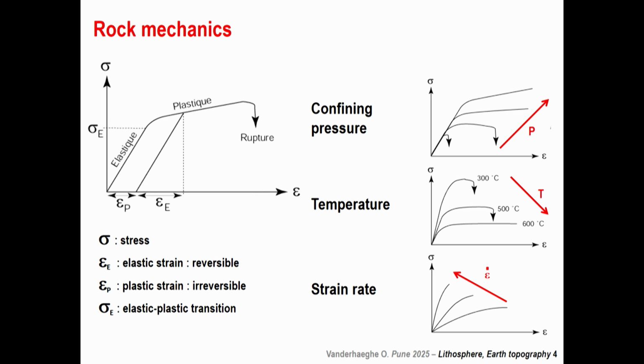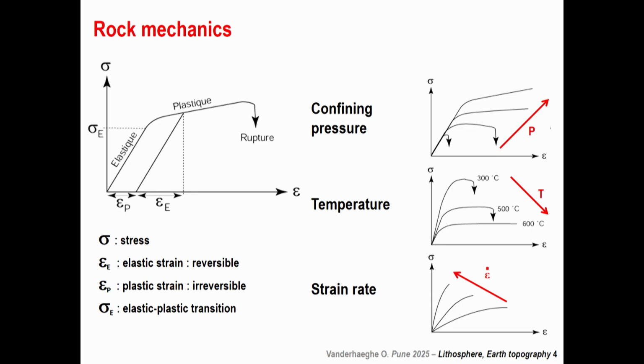So that's stress, sigma, and strain, epsilon. It's a 1D stress-strain relationship. When rocks are submitted to stress, they respond. The first response is an elastic response. It's not that big, but it's recorded as deformation. Elastic deformation is reversible. That means that if the stress stops, the rock recovers its initial state. And at some point, there is an elastic-plastic transition,